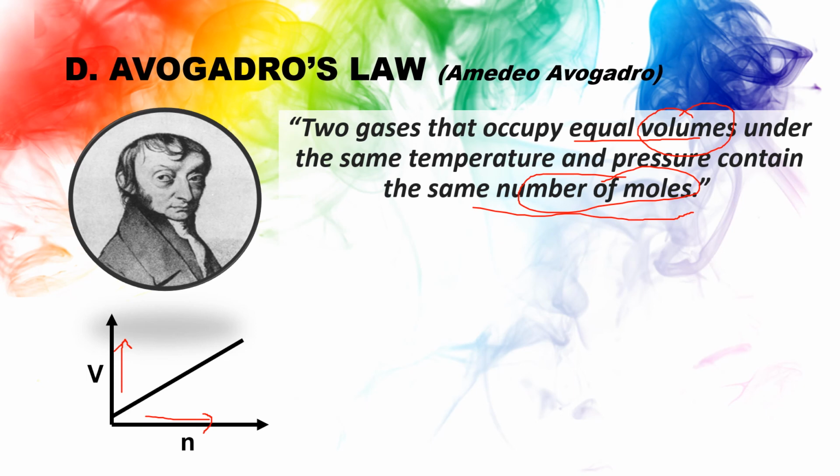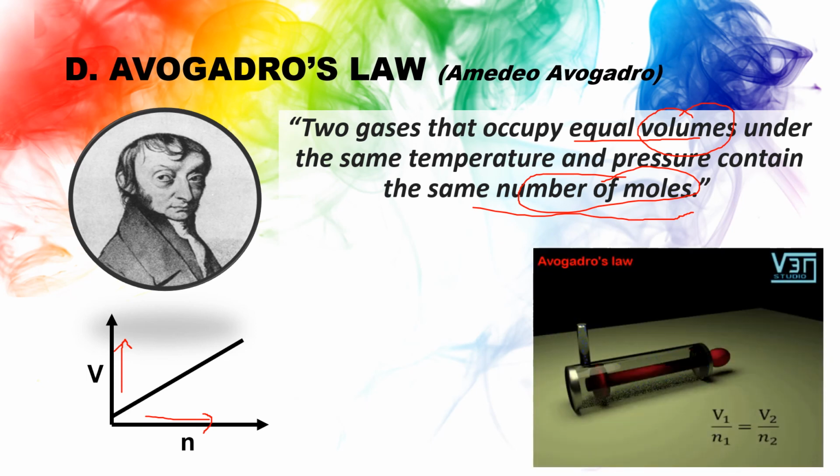So let's take this illustration. Initially, when you do not pull the piston yet, the volume is small, and so the number of moles is also small. But as you increase the volume, if you pull the plunger, or the piston I should say, you can see there are also more moles entering the container. So really, there is a direct proportionality between volume and number of moles,